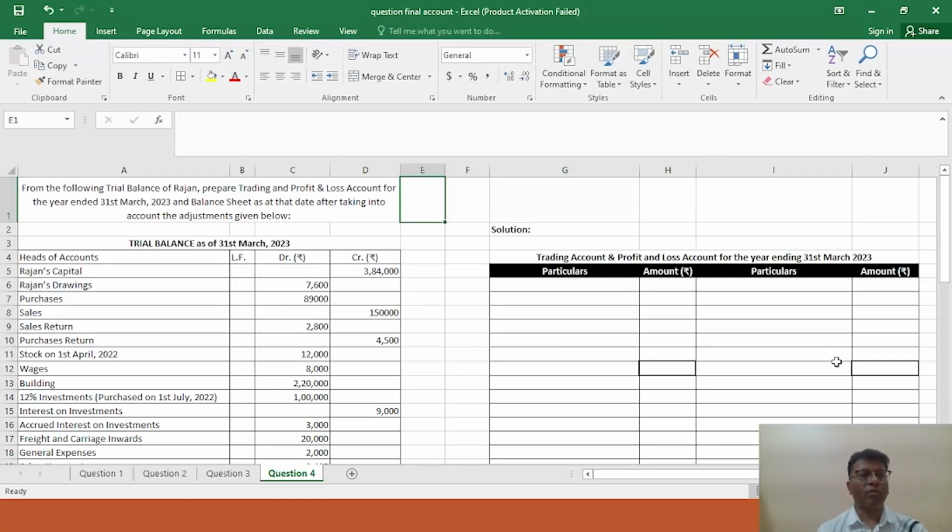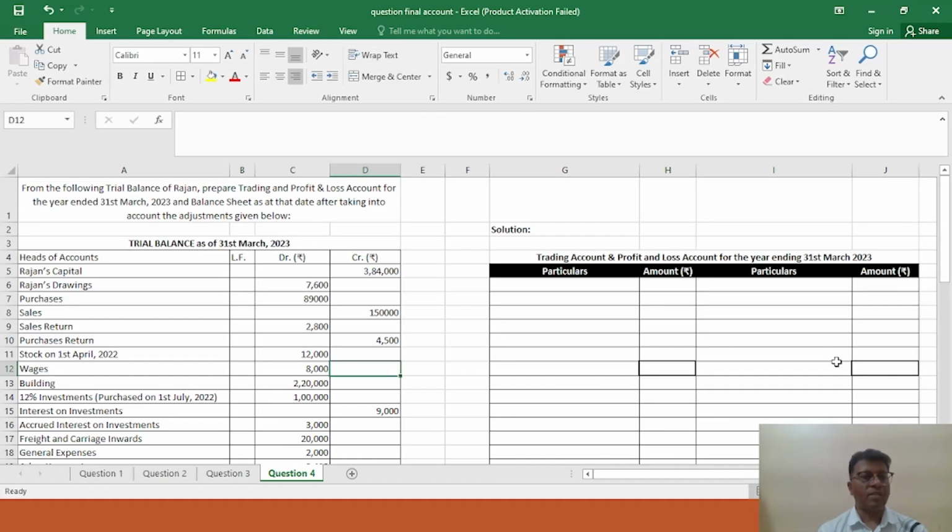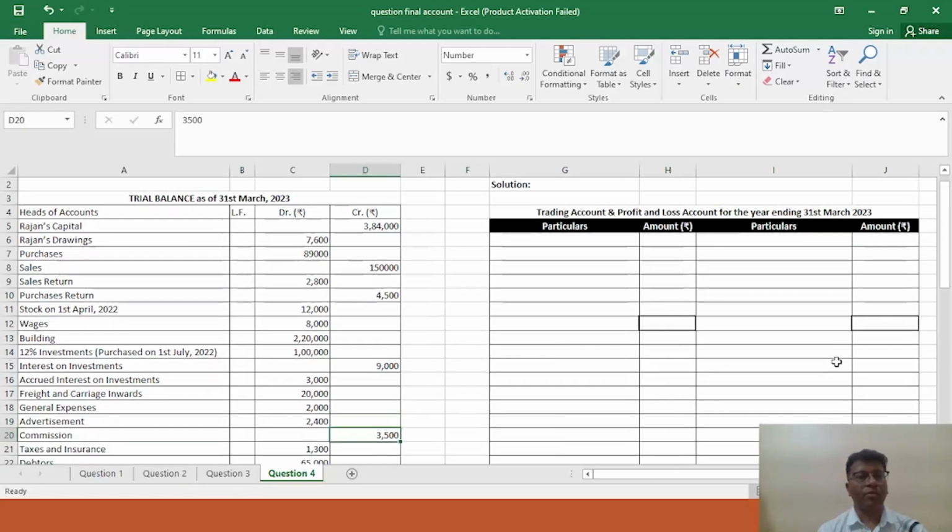So this is the question for the day: from the following trial balance of Mr. Rajan, prepare trading and profit and loss account for the year ended 31st March 2023. It means for a particular financial year you have to prepare the financial statement, final account, and balance sheet as at that date after taking into account the adjustments given below, because some adjustments are given below the trial balance, so you have to observe. And the very first thing is that the trial balance is given to you, so you have to go